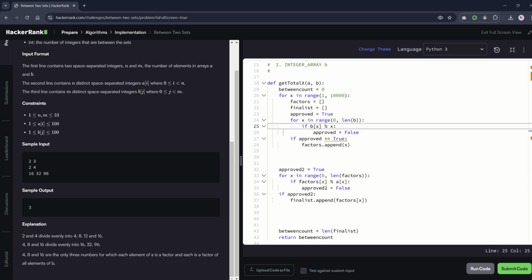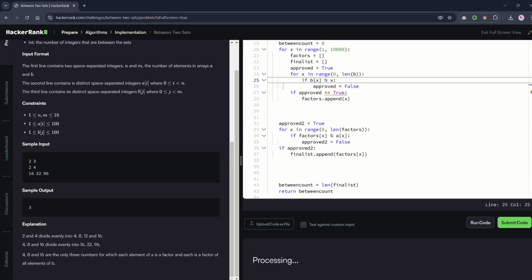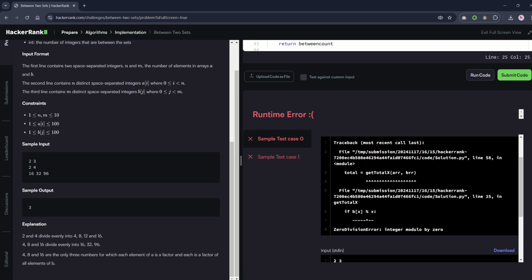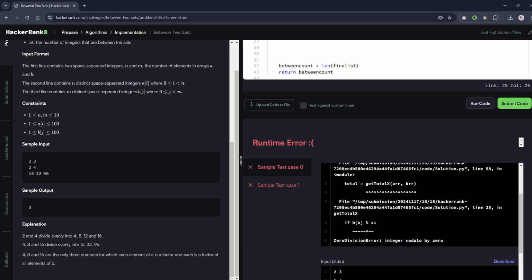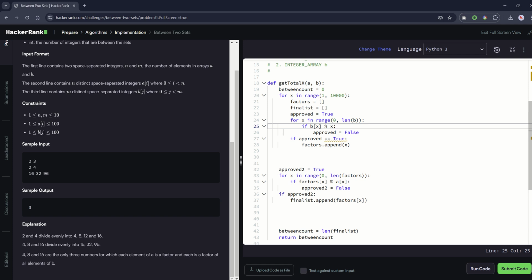Okay, so let's start at 1. Term modulo divided by 0. Okay, so how is x 0? Maybe we're going to be